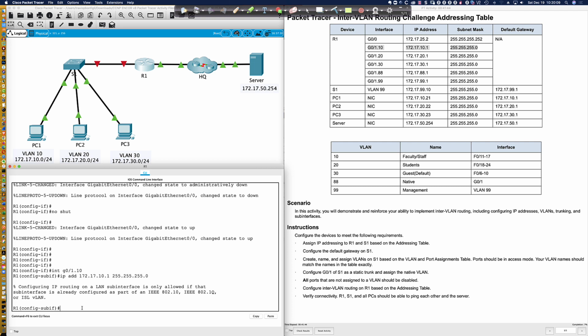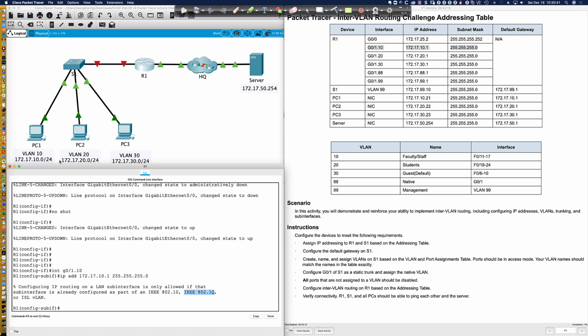It's going to say configuring IP routing on a LAN subinterface is only allowed if that subinterface is already configured as part of an IEEE 802.10, IEEE 802.1q, or ISL VLAN. Now, we are interested in this IEEE 802.1q because that is how VLANs are identified coming across trunk links, is with an